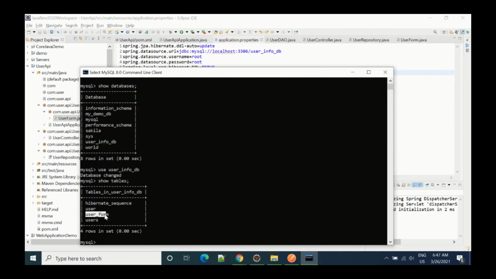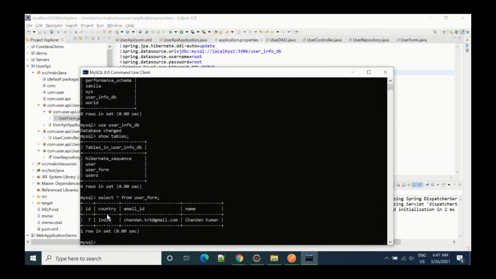In this you can see a user form table is created. This particular table we have not created, it is automatically created here. And if I say select star from user_form, you can see one data is created, ID equal to 7, India, and this one is the data. So ID is auto generated and one data is inserted here.